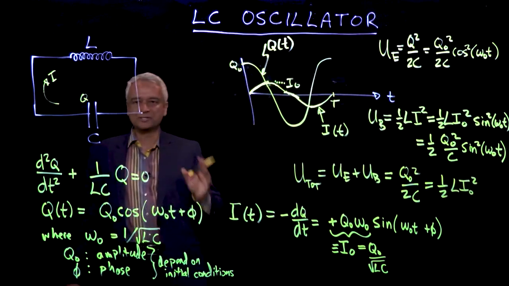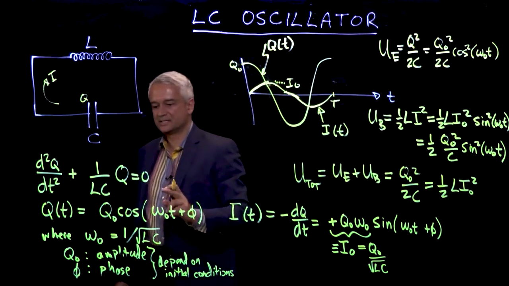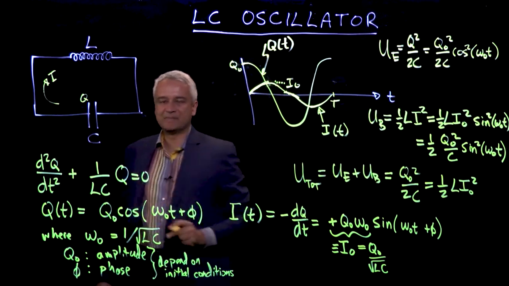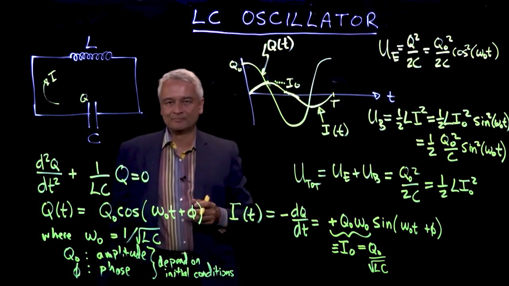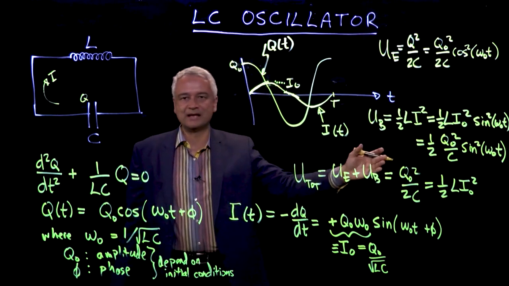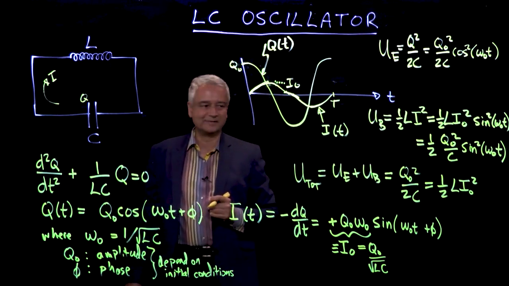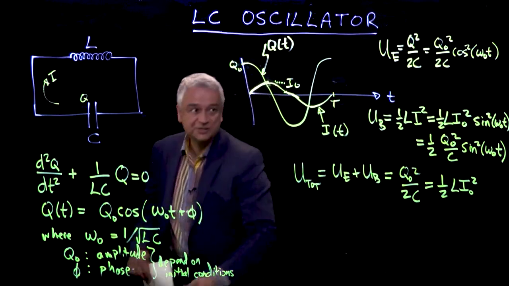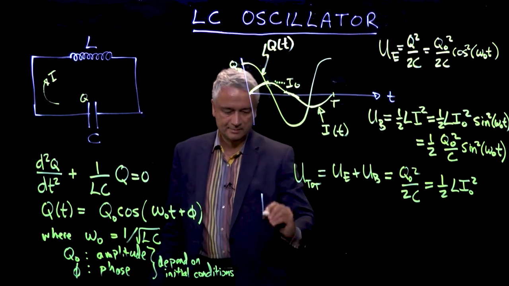So the total energy in the oscillator is controlled by Q naught, which means it's controlled by how much charge I dumped on the capacitor at the beginning. And that total energy is conserved throughout the whole story. And that, by the way, you should have expected, but now you can see it mathematically. I didn't stress that when we talked about it qualitatively. If I make a graph of the energies instead of the Q and the I,